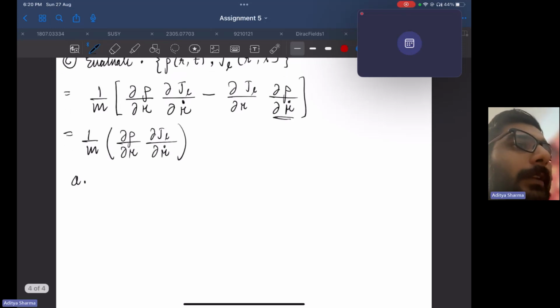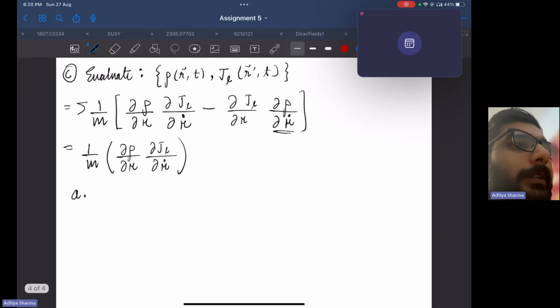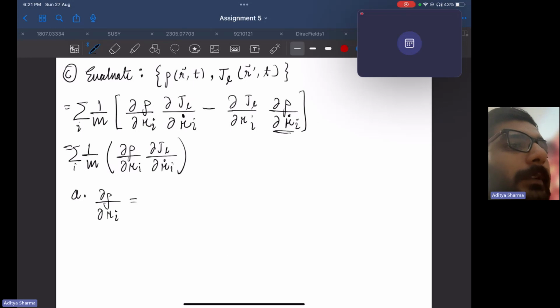So now we'll calculate, there's a summation here for these index. D rho dr can be written as sum over